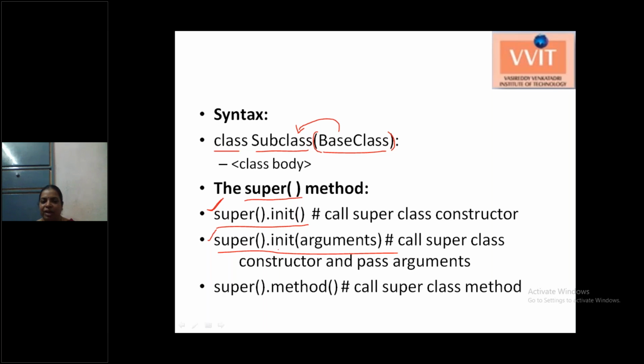Then super().__init__(arguments) calls the constructor with a specific number of arguments. The third one is super().method(), with which you can call a method of the base class. So whenever you want to access base class constructors or base class methods, you can use the super function. Next.